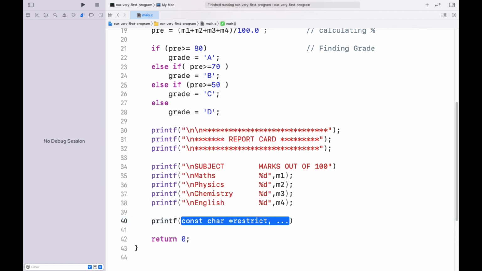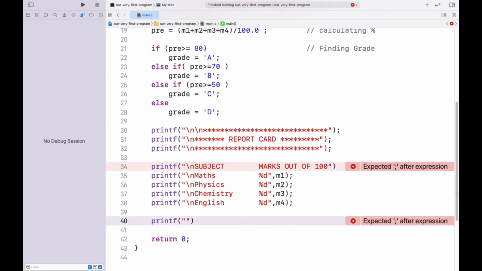Let's printf, print the percentage itself.